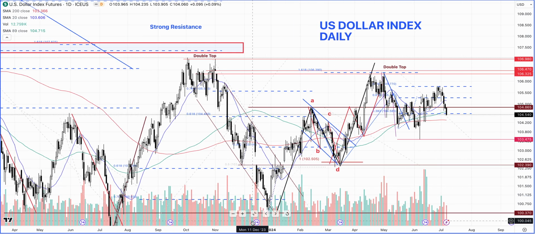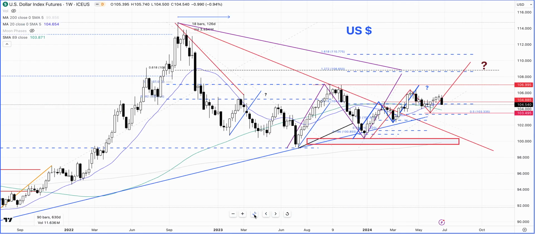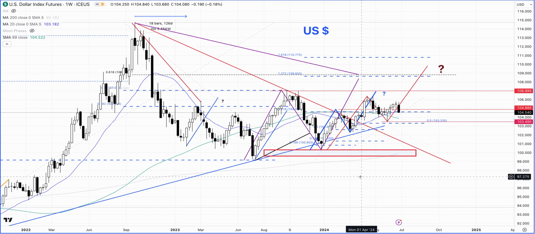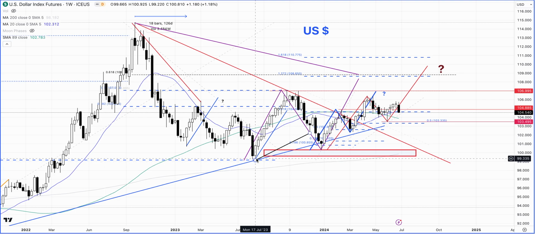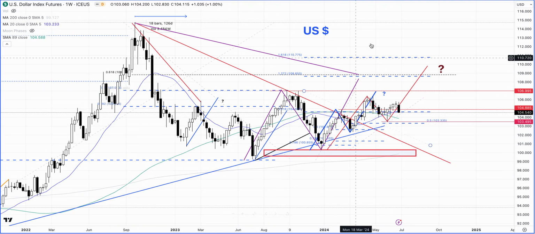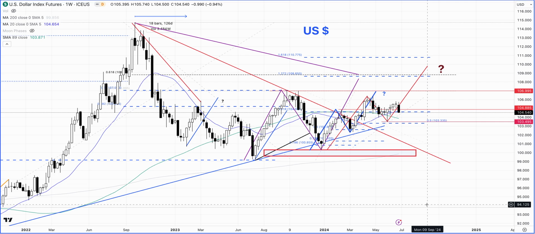Now, longer term, the view is, let me actually switch over to the weekly chart. Here we go. It's really this 99 level around here which has been holding up, with the dollar being in this big trading range. If it breaks to the downside, then we are looking at an A, B, C, D, where the dollar could go much lower. And this is the point, the week of the 3rd of June, where the support came in, and the possibility of having this ABCD mentioned in red, where the market could go as high as 108.65 to maybe around 109.70. We had to just put it on the table as an alternative scenario.